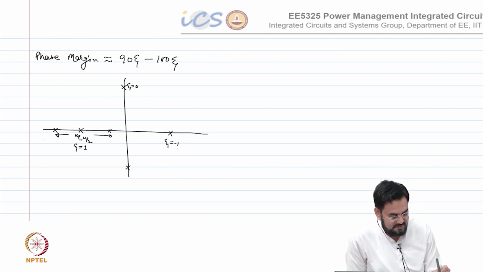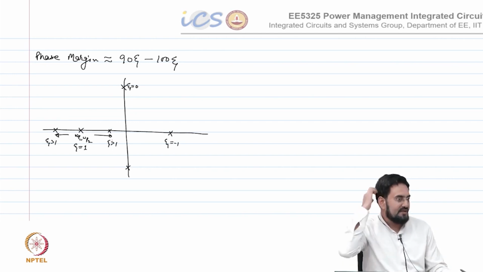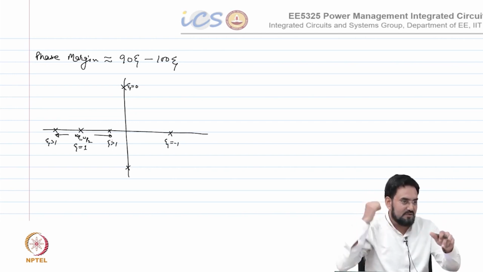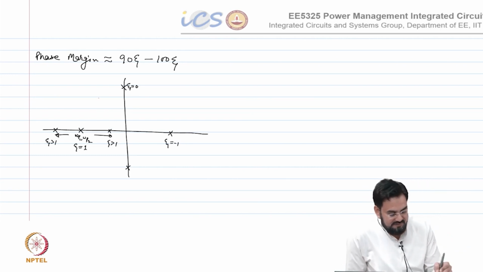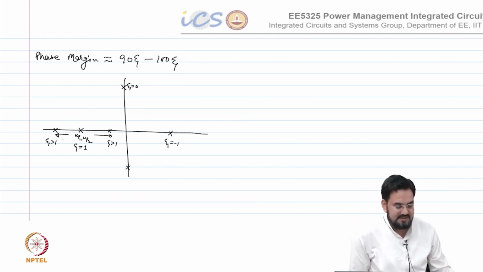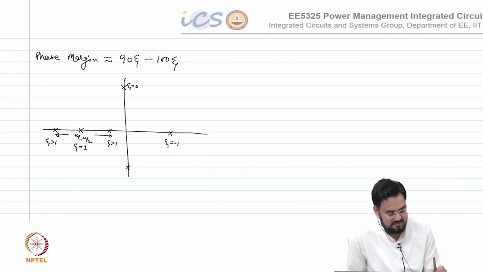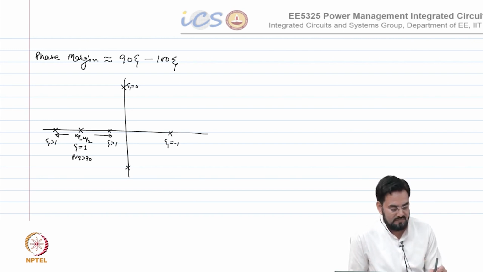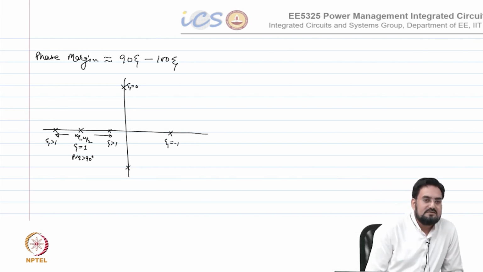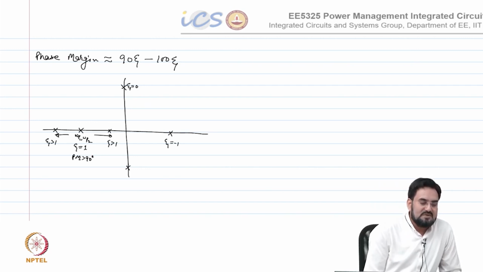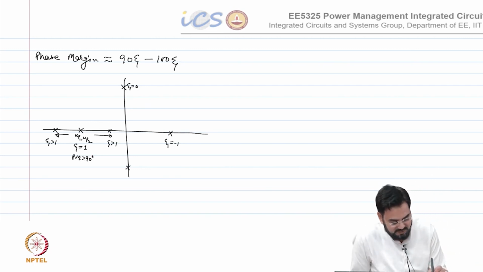This is the case for zeta, and if you have a zeta equal to infinity, then the pole will come at origin. Okay. In between, so what does it mean? Omega zeta equal to 1, I mean roughly, can I say what is the phase margin there? Okay. So, if you have a greater than or equal to 90 degree,